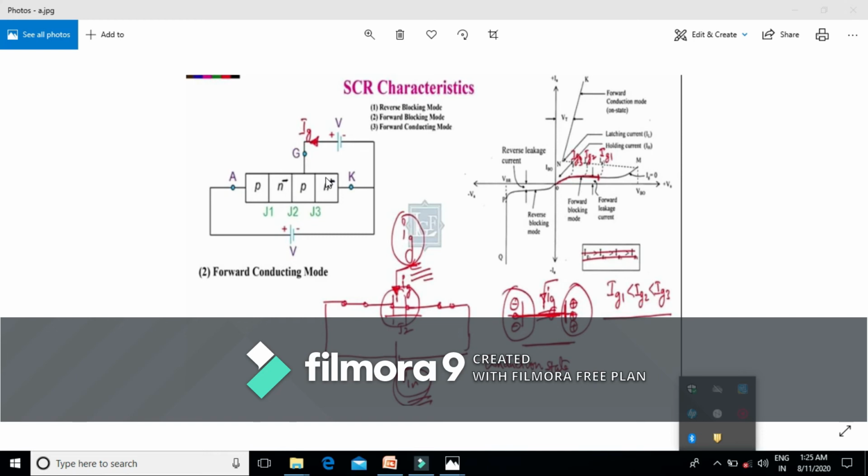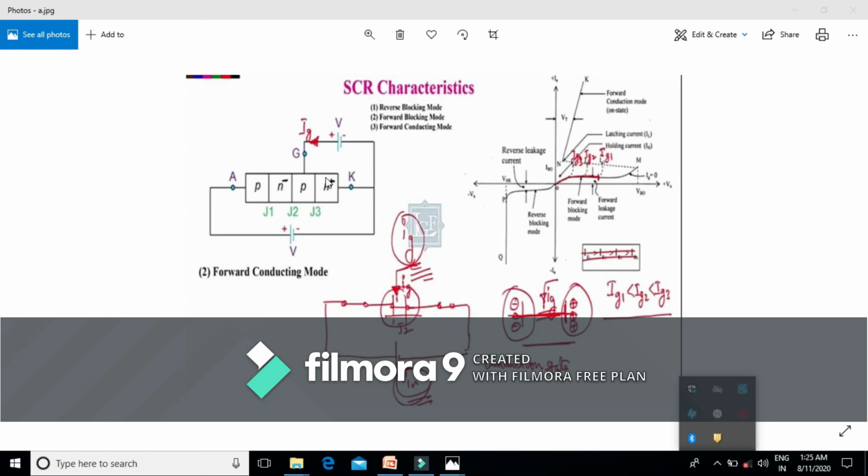That means once the SCR is turned on, it remains in its on state or latching state until and unless a reverse voltage is applied. That's why we are saying that SCR is a semi-controlled device. That means only its on is controlled, while its off is not controlled. It can be turned off by cutting the power supply, or by applying the reverse voltage. However, we should keep in mind that if gate current is reduced to zero before the anode current